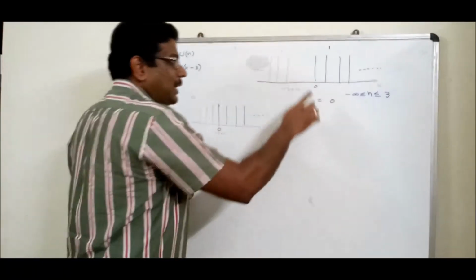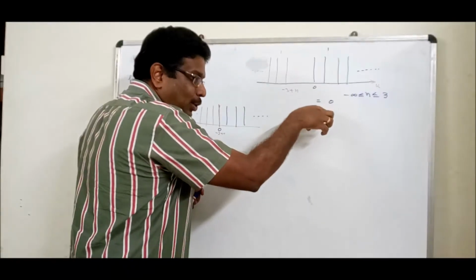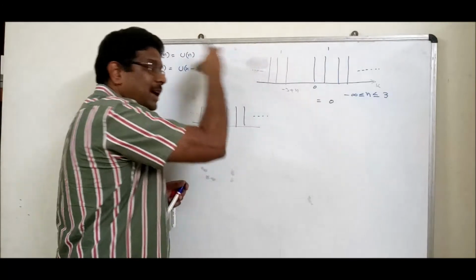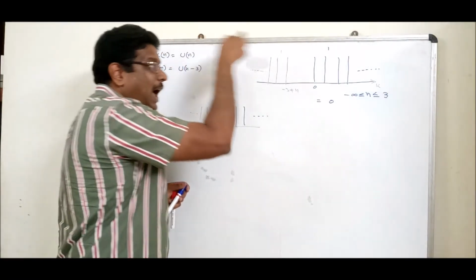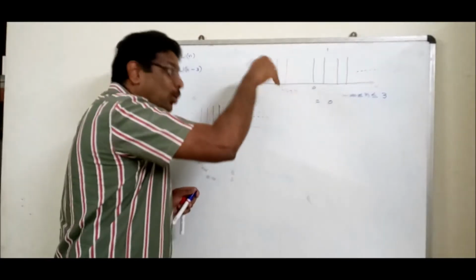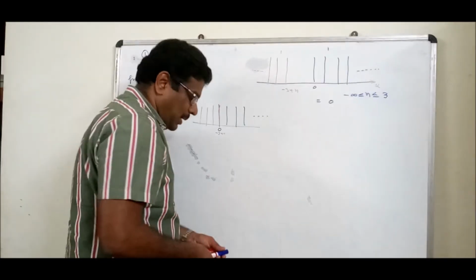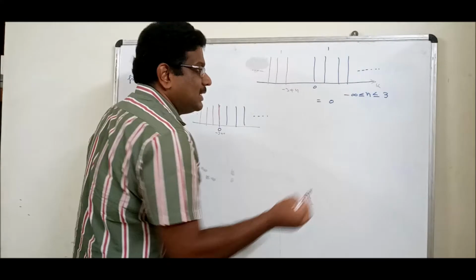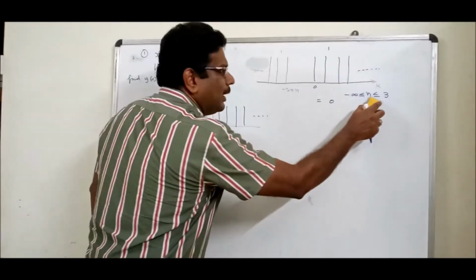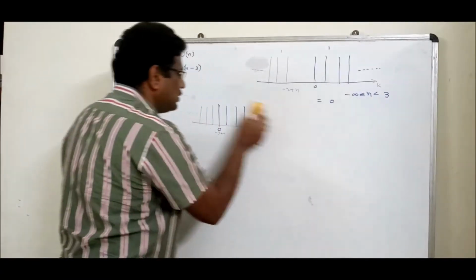So answer me. This signal amplitude is 0. This signal amplitude is 0. From where? Minus infinity. Up to where? Is it 3 or one step before? One step before. That is nothing but 2. Am I right? So my advice here, make it as 2, or in simple, remove this equal to symbol.